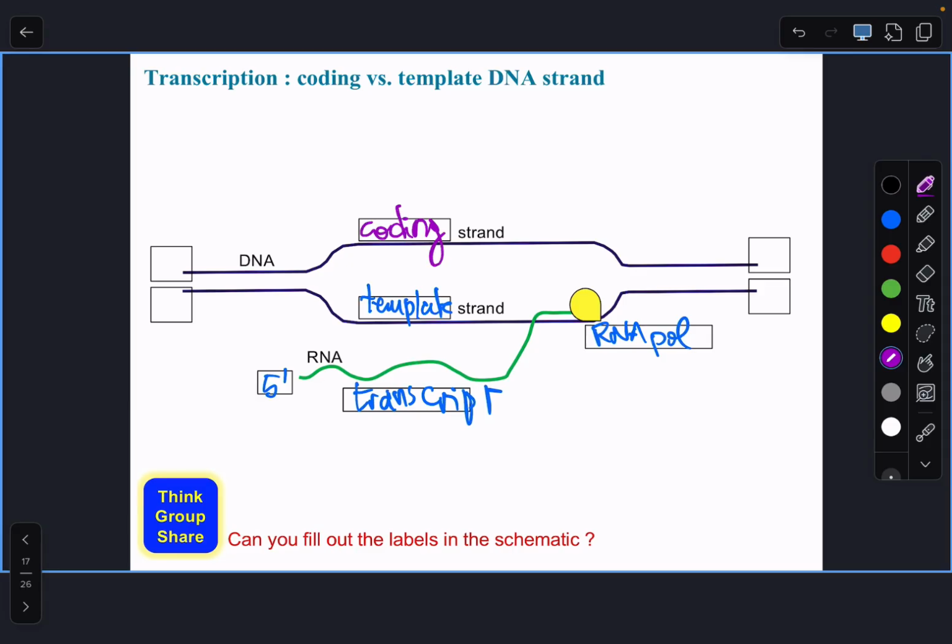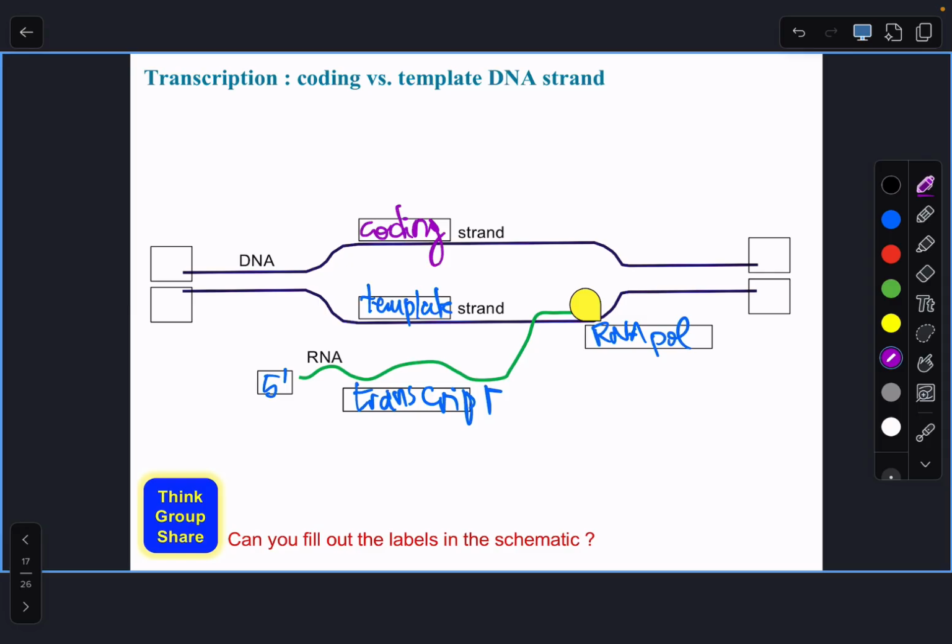It gets a little confusing here, because we call this strand coding, and it is the strand that will have the same sequence of nucleotides that you will see in the transcript, base for base, except U's instead of T's, right? And yet, molecularly speaking, the coding strand doesn't participate in this process at all. So we call it the coding strand as if it were involved somehow in dictating what that transcript should be, but it is pushed aside, and it has nothing to do with any of this.